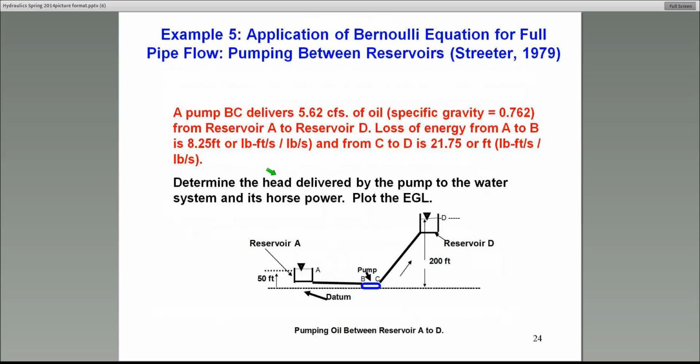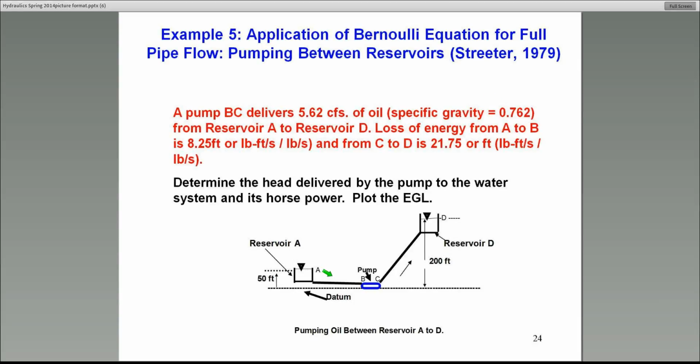Let's go through this small example, and typical problems will be like this, where they'll ask you to analyze and determine some unknown quantity. Now remember, if you use the Bernoulli equation, you can only have one unknown, since you have one equation. So in this case, a pump delivers an oil. Now keep in mind, it's an oil, it's not water. The Q is 5.62 CFS, specific gravity is 0.762, from a reservoir A to reservoir D. The loss of energy, in this case the head loss, I'm going to